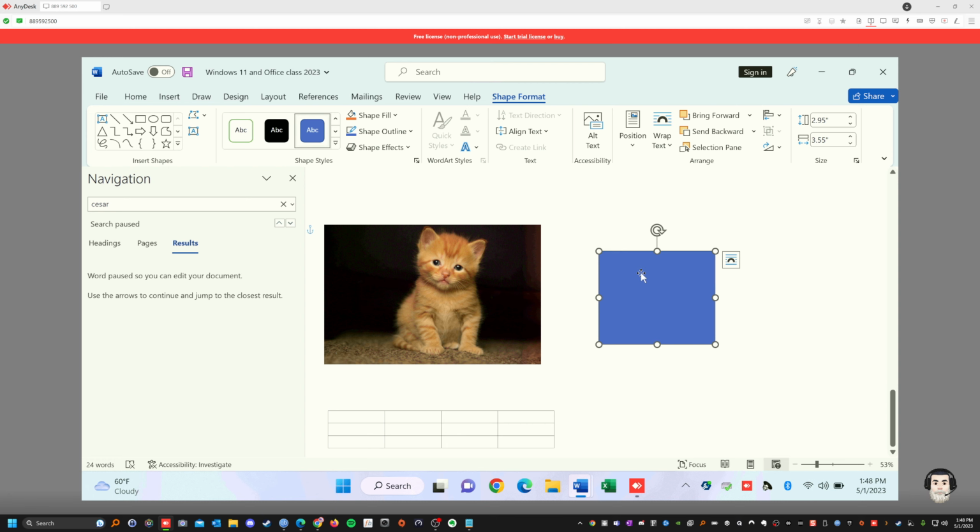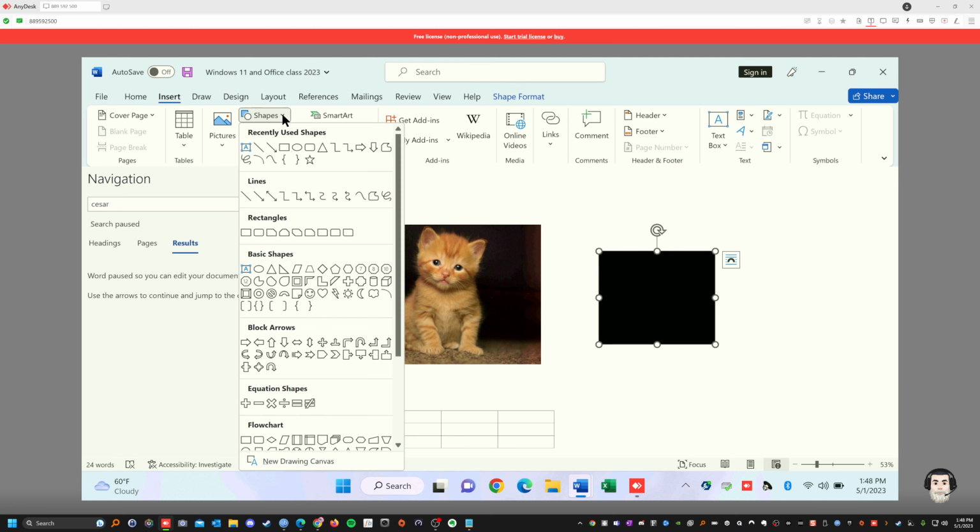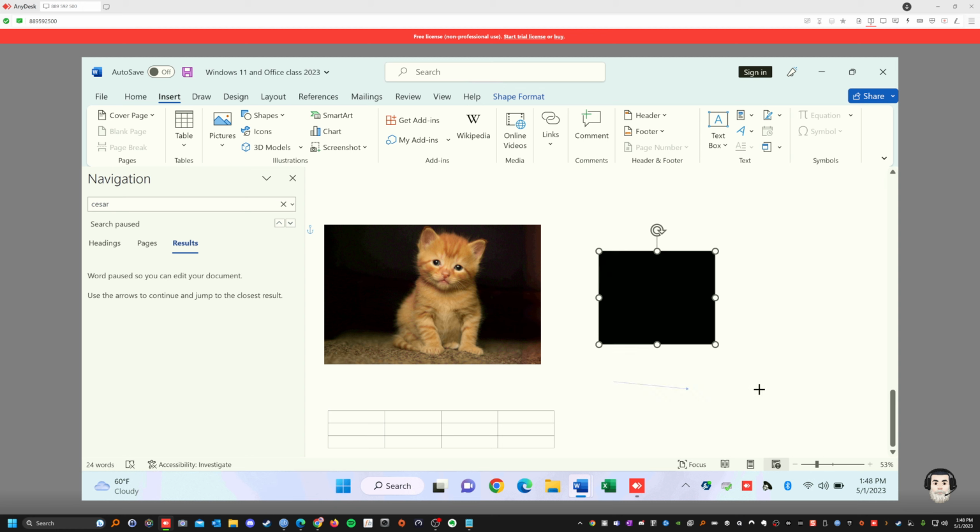And you could change the color on the shape. You click on the layout, and you change the color. See that? So that's for shapes. Okay, any shape you could add. You could add a circle, add a line. Let's add a line right here. See that? See the line? You could change the color of the line.